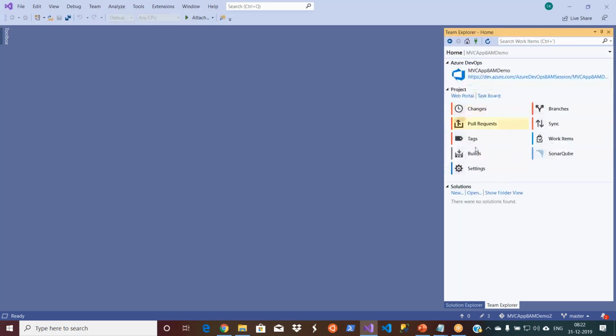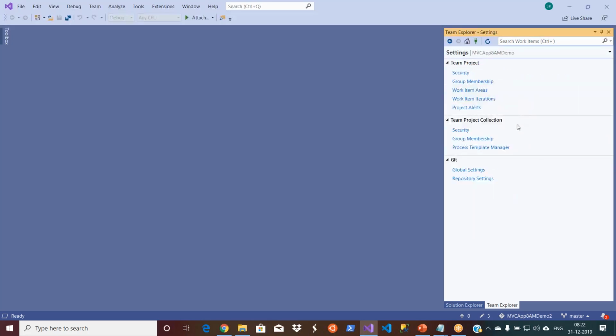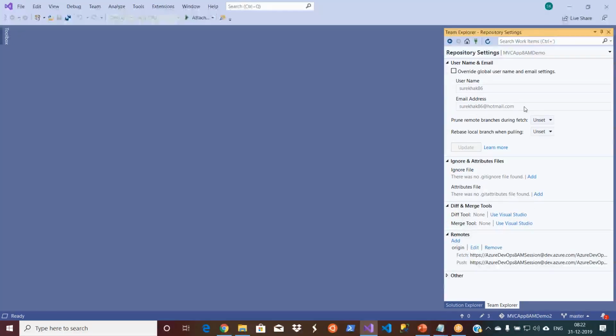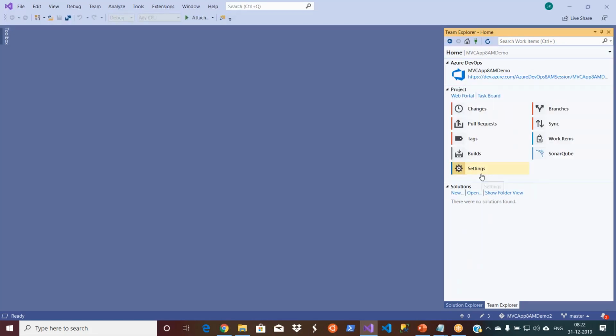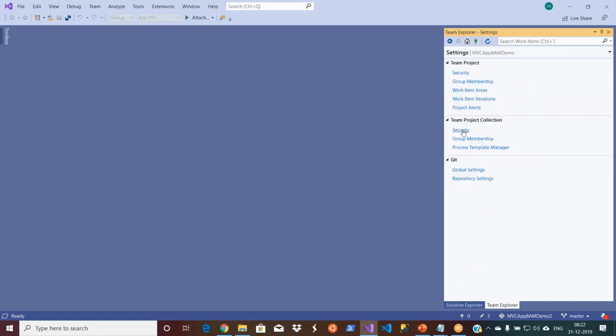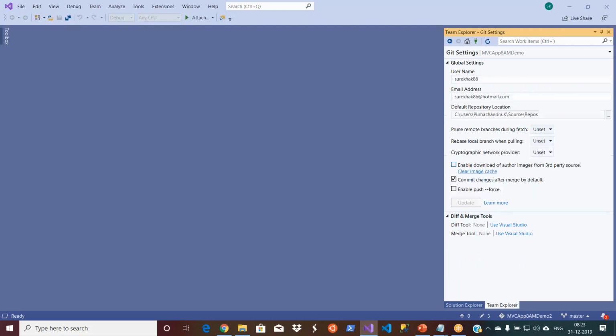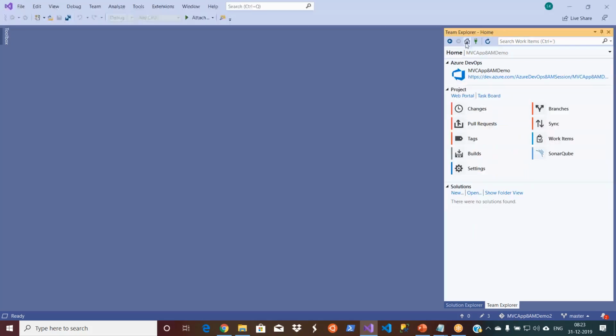So now I connected. Go to settings. Now my settings are changed actually. If you see it earlier and now. Okay, let me go and look at my repository settings. I'm using the same thing. Okay, this is perfect, this is perfect. Go to home, click again on settings, look at the global settings. Okay, I'm using the same repositories. Okay, now done.